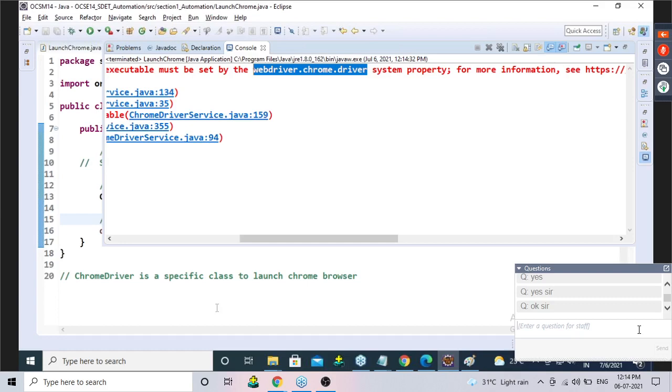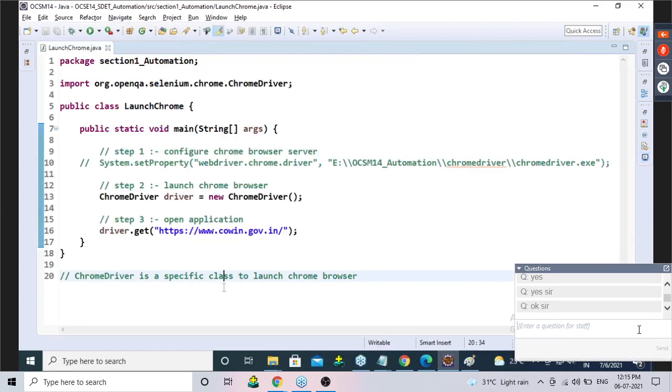Guys, this happens if you lose your concentration from the screen. Okay. So pay attention. Trust me guys, now only I am saying, automation is not like you will read the notes and you will understand. Honestly, I am saying. Automation means when I do it, observe carefully.